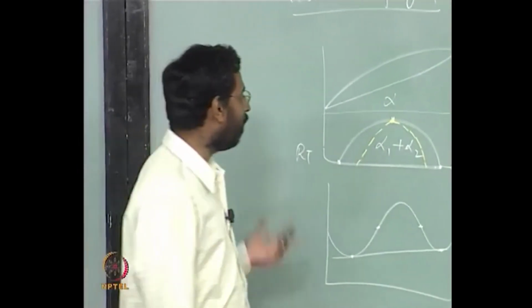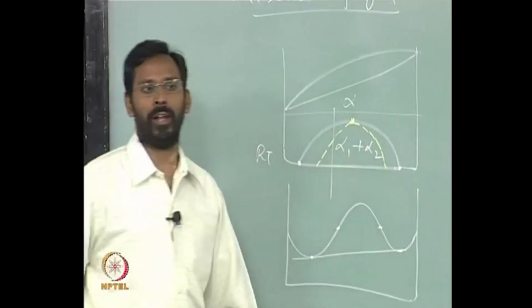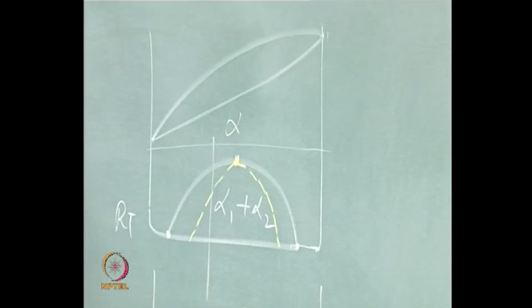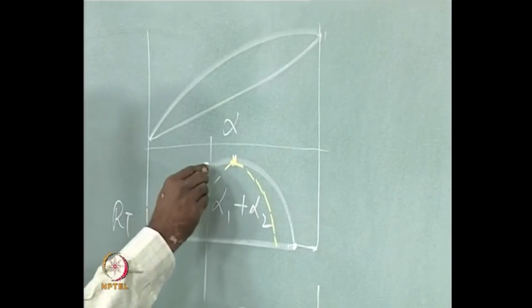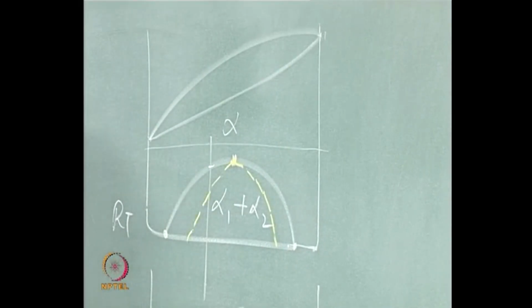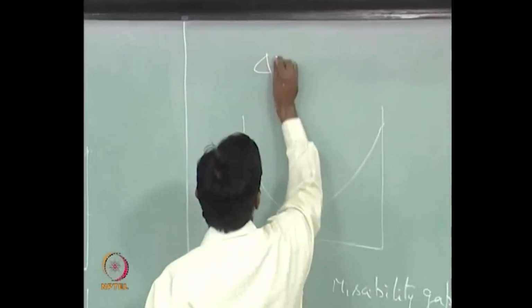In fact, for every alloy there can be a different spinodal temperature. Similarly, for every alloy composition there is a different temperature at which the miscibility gap is no more there. But if you look at where the maximum is, it usually comes at 50-50, provided we assume that the system is a regular solution model. That is what this question also clearly says, assume that the system is following a regular solution model. The moment you assume that, then we know the delta H mixing